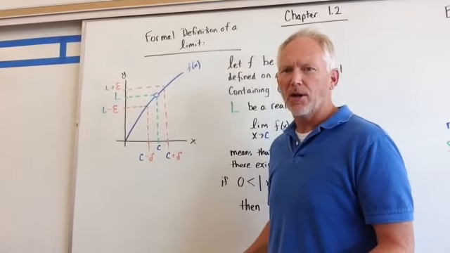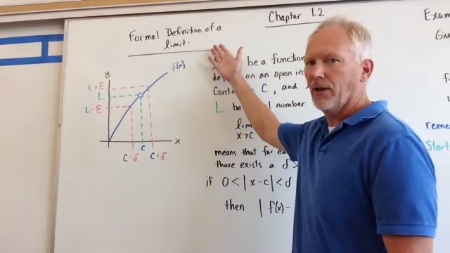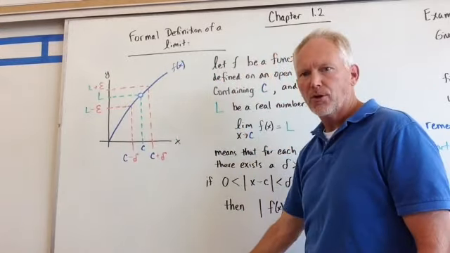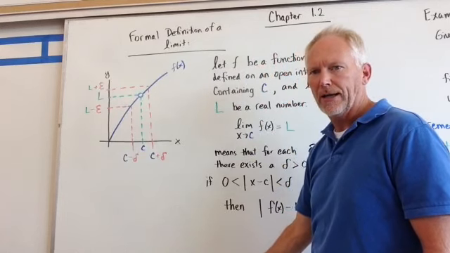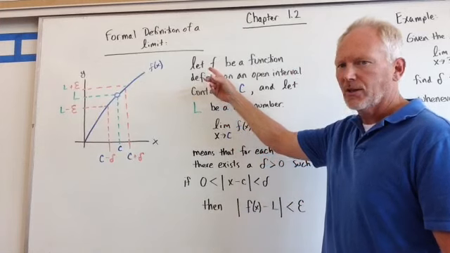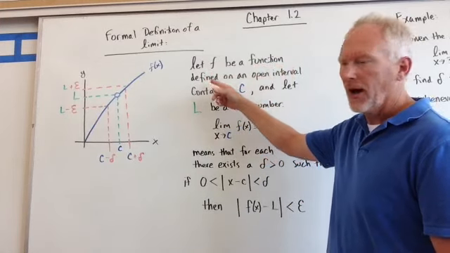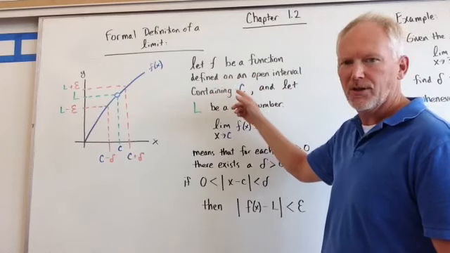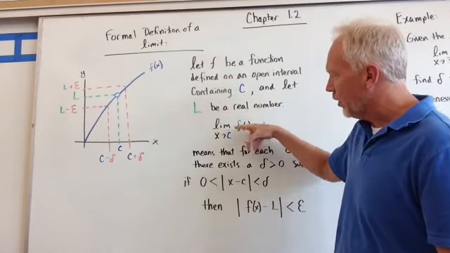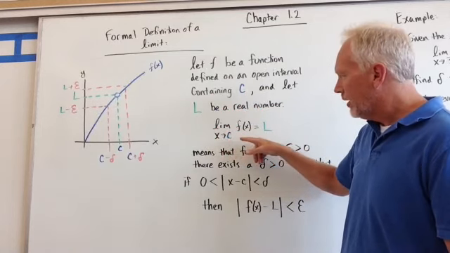All right, here we are again talking about limits, with the formal definition this time of a limit. From chapter 1.2, we're a little bit more into it now, so we are going to look at this a little bit more closely with a formal definition. The formal definition says: let f be a function defined on an open interval containing c, and let L be a real number. So we have the limit as x goes to some c value